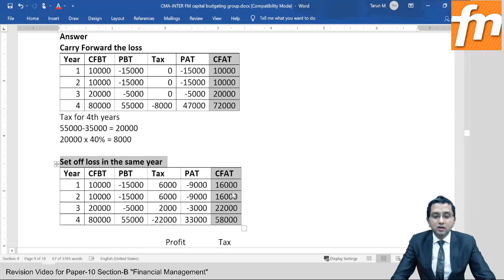See, what I said is total cash flow is same in these two columns, but this one is better because here you get it earlier and here you get it later. What to do in exam? This one, if the question is silent. Do this one only if the question specifically says it or gives some hint about it.